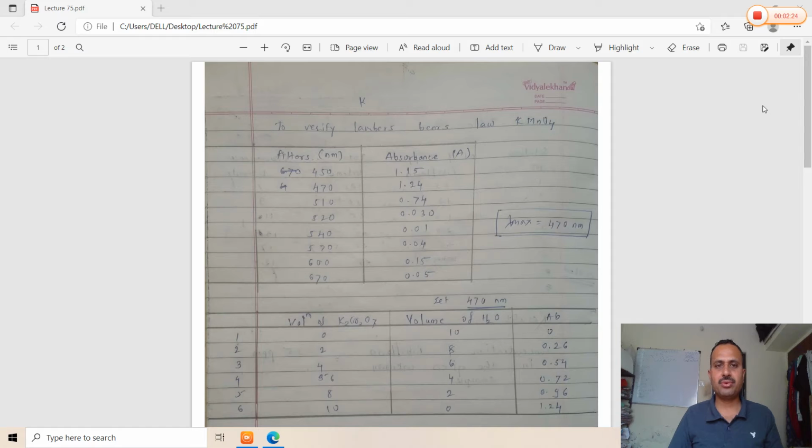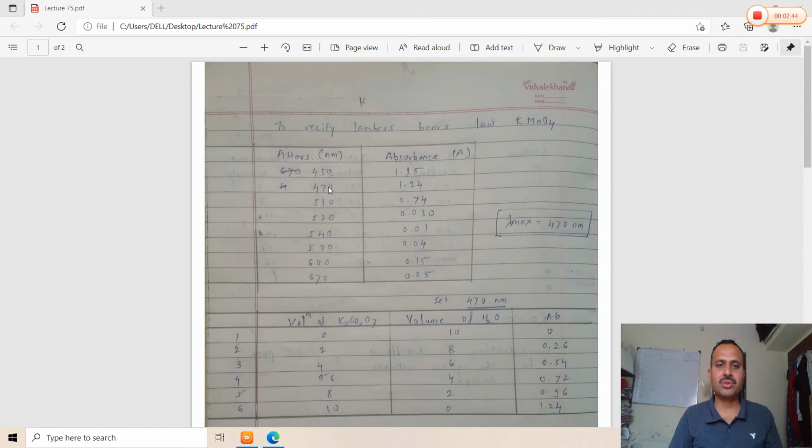Accordingly, we have to select the lambda max value for the KMnO4 solution. For that, we take the solution in a cuvette and measure the absorbance with